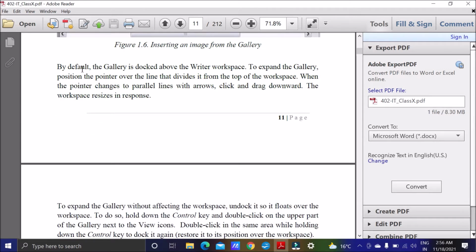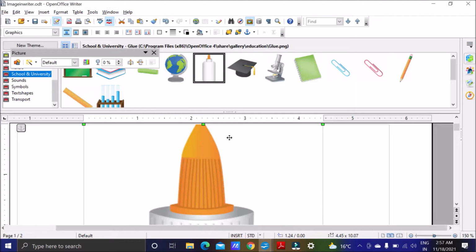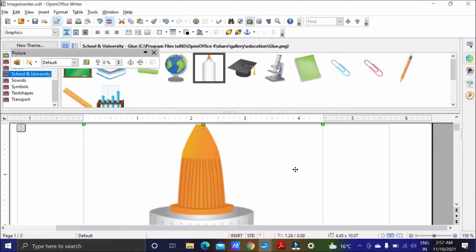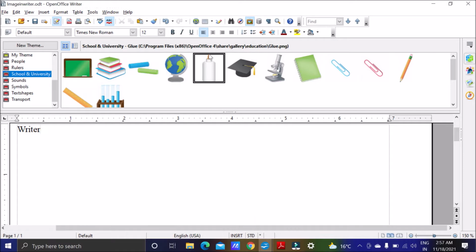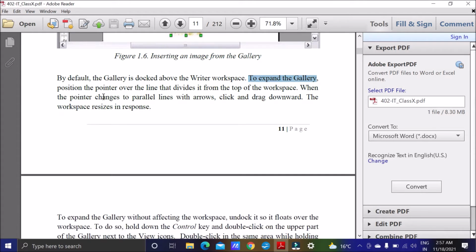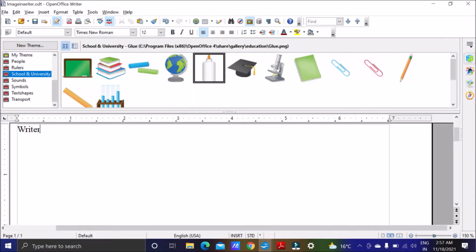Now by default, the gallery is docked above the Writer workspace. You can see by default the gallery is above the Writer workspace. If you want to expand the gallery, we have to position the pointer over the line that divides it from the top of the workspace. This is the line.